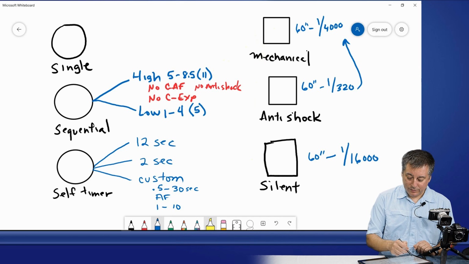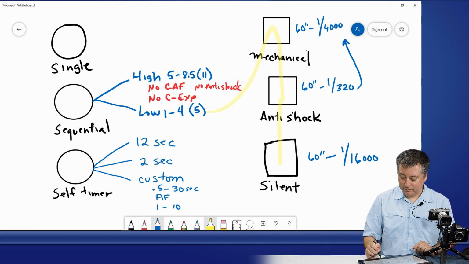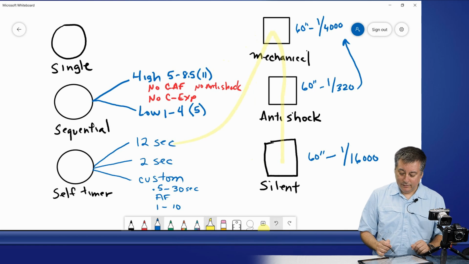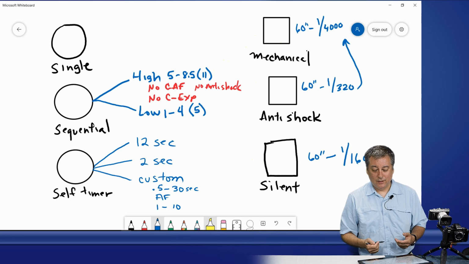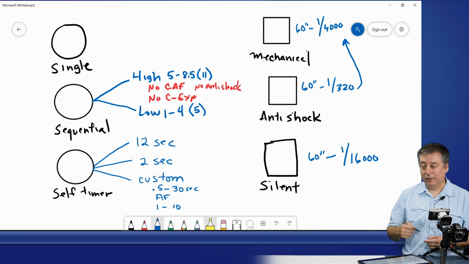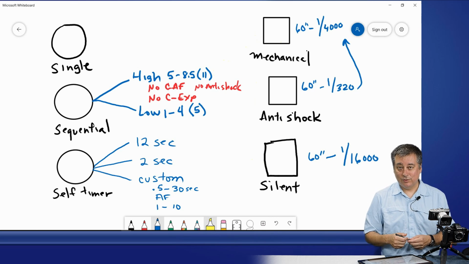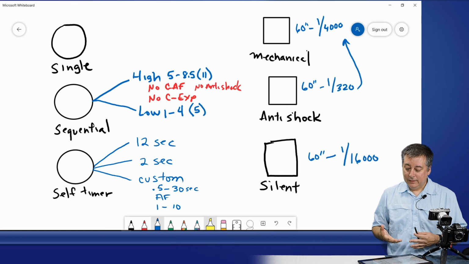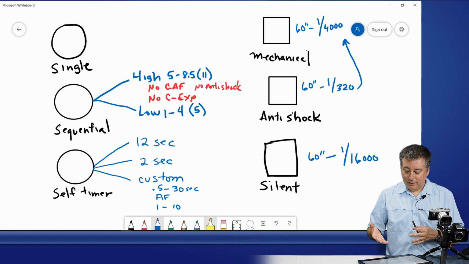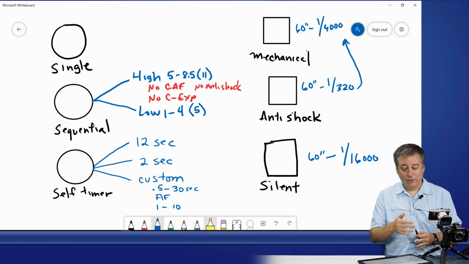And then logically, there's sequential low, which is next. It'll do mechanical, it'll also do anti-shock, and it'll do silent. Once you've exhausted that, we go into the self timer, 12 seconds, mechanical, anti-shock, silent. And pretty much the same for the 2-second and the custom. You have these 3 modes available, and it goes in that order just like the previous 2 settings. So that's it for my whiteboard here. Let's go ahead and go into the camera